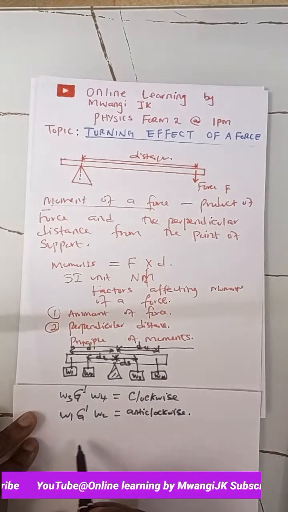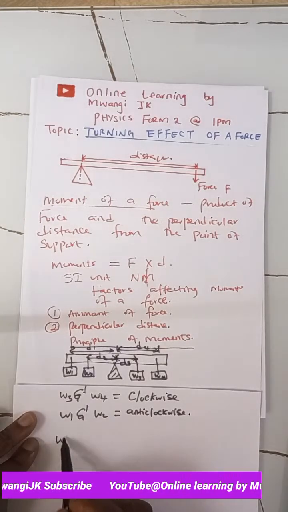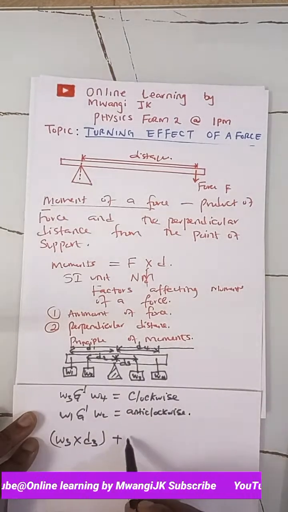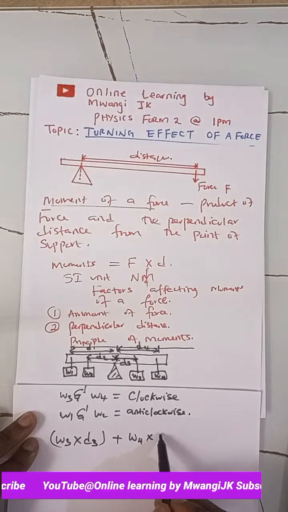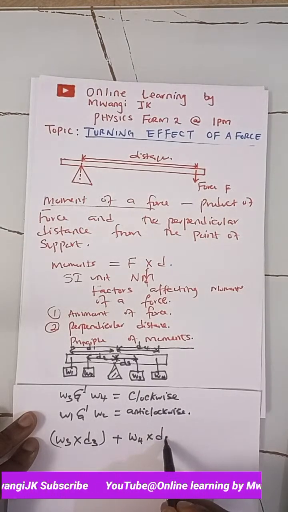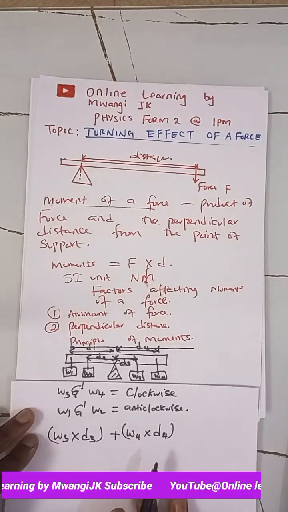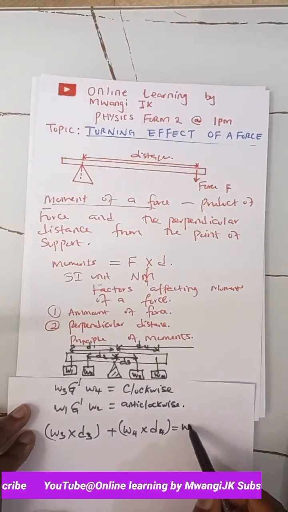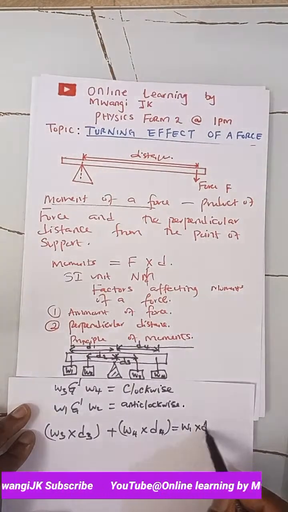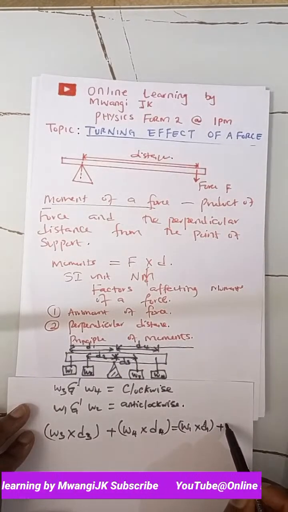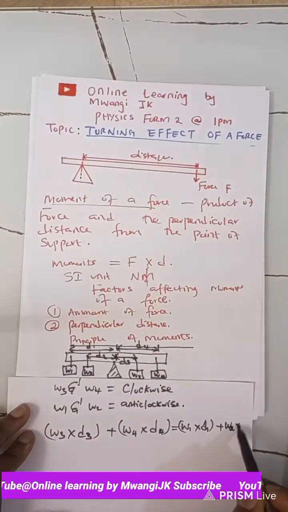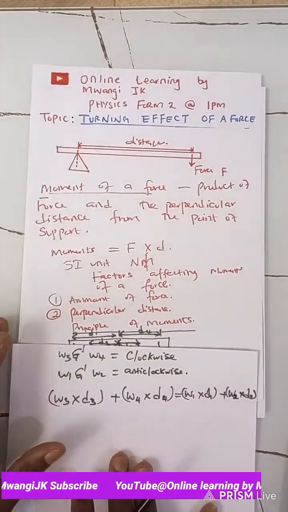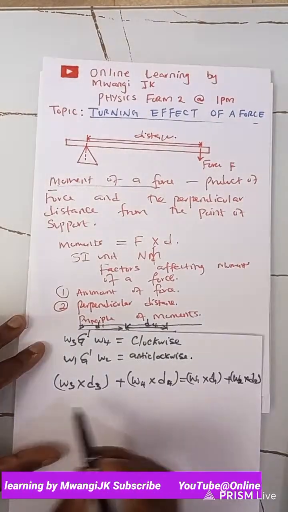for W3 and W4, and we'll say W3 times distance 3 plus W4 times distance 4. By W we mean the weight. This should be equal to W1 times distance 1 plus W2 times distance 2. So in short, what we get is that the sum